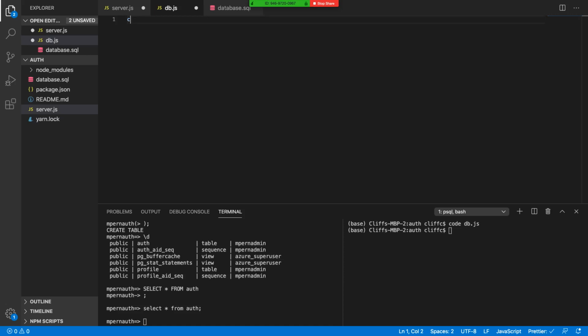So in here, we're going to bring in the PG library, but we're going to bring in something called pool from the library. This is the type of connection. There's client and there's pool. Pool is the better one to use. It actually does a connection pool, so it can cycle through available connections. So it's a much better system to use. pg.pool